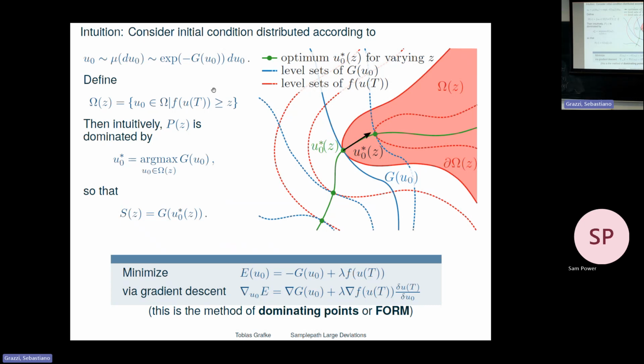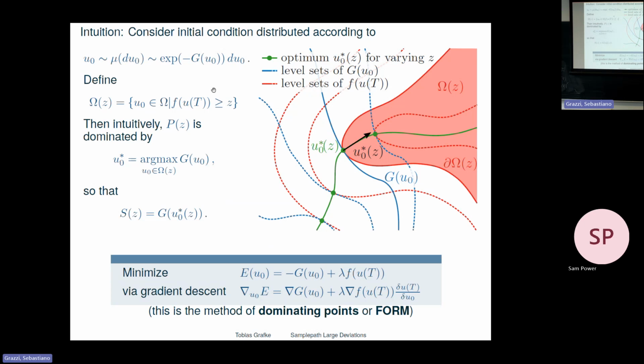So if this whole space is my space of initial conditions, there's a failure set, I guess you would call it in reliability analysis. That's the set that we want to avoid. This is the set omega of z, the set where I do observe a rogue wave. This is a very large space, and this is a very large subset. But there is, in blue here, the level sets of G, of the thing that's in the exponent of the initial point distribution. So somewhere down here, these are the most likely initial conditions.